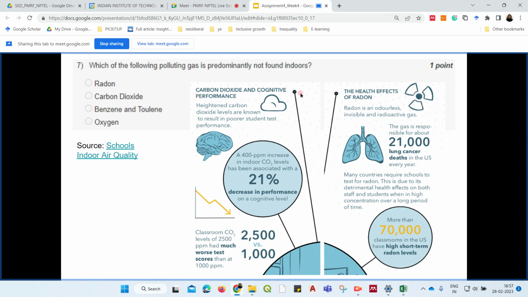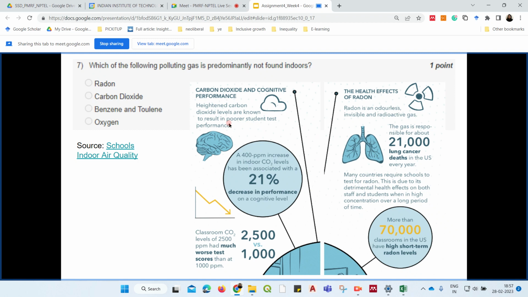So first, the study tells about carbon dioxide. So carbon dioxide is one of the polluting gases, and it hampers cognitive performance. So if there are high concentration of carbon dioxide levels in a school, because this study is specifically for a school, it is shown to have negative effects on students'